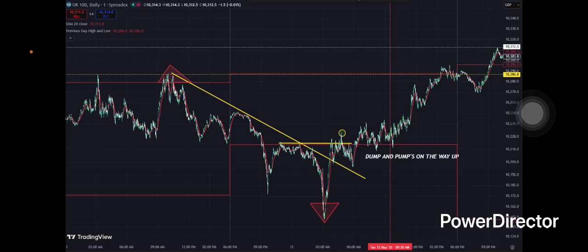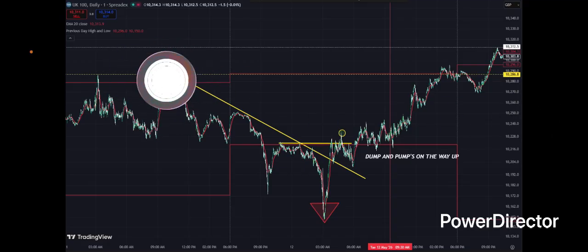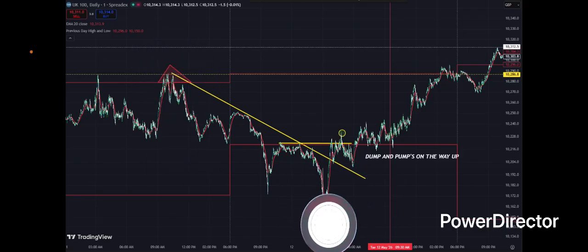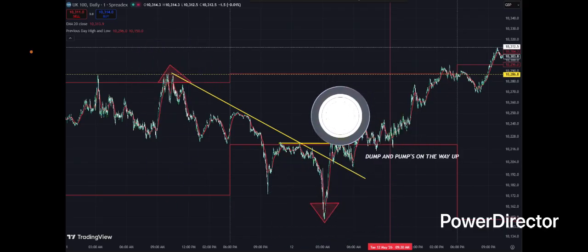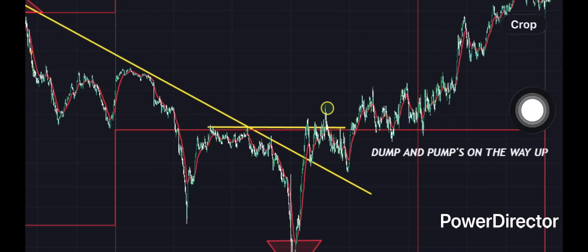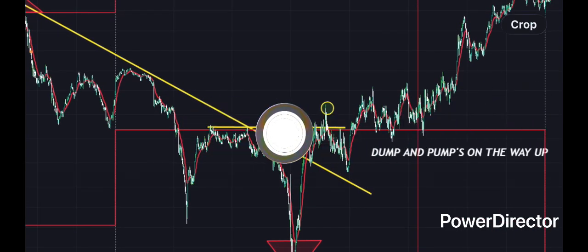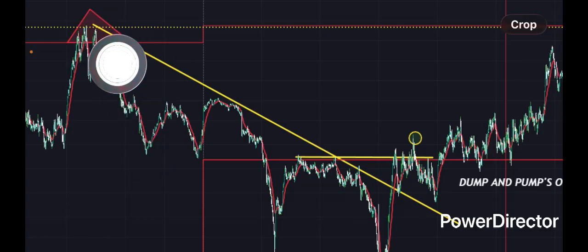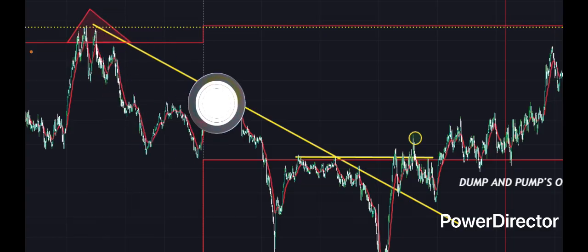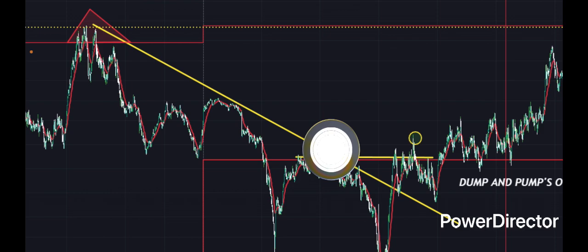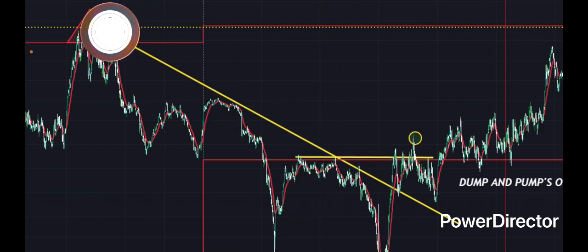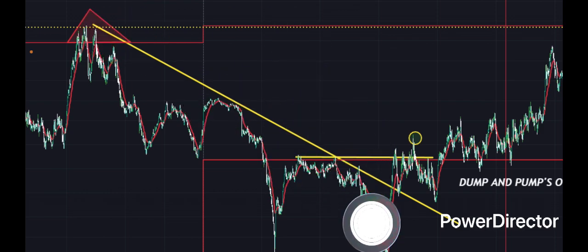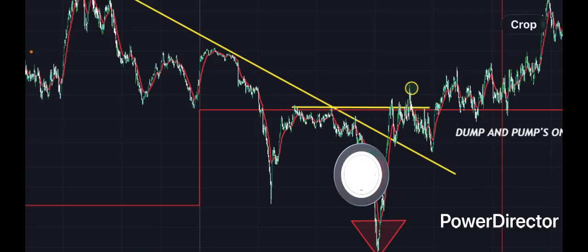Okay, now here again, we have a peak formation high. This is a dump and pump template. Peak formation high, day one, peak formation low, day two, and then a higher high on the inside. All right, you can see we had these levels. Again, we're in a downtrend, so we're putting in lower lows, lower highs, lower lows, lower highs, and those highs remain intact on the way down until here